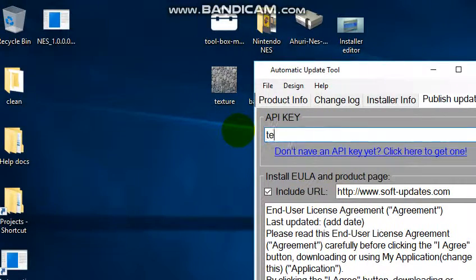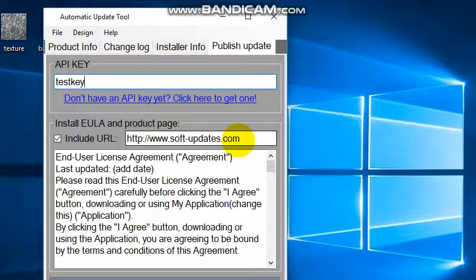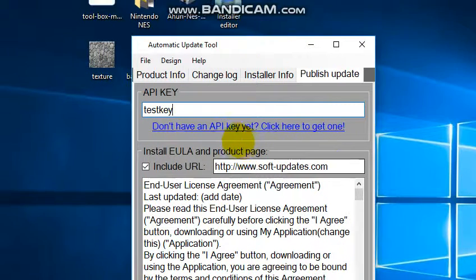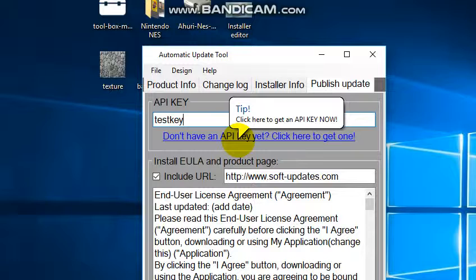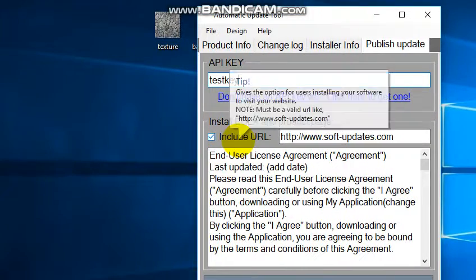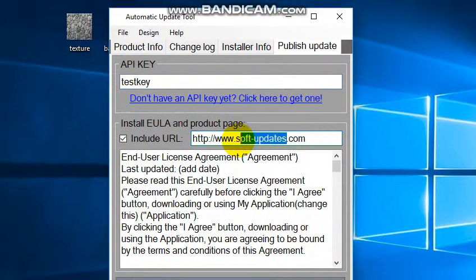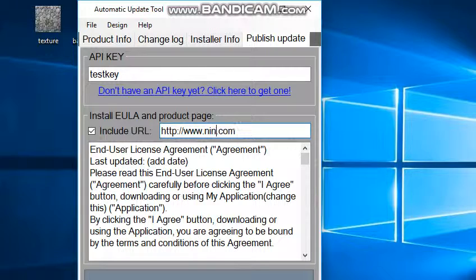Enter in your API key that is provided by www.softupdates.com. As in this link, if you do not already have your API key, go ahead and click on this link or go to www.soft-updates.com. Alright, if you wish to include a URL, which in this case, we're just going to tell it to go to Nintendo.com,